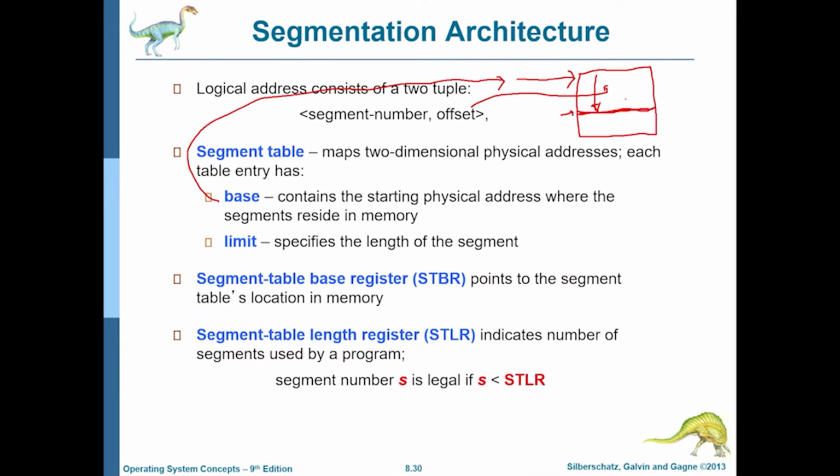So offset is this distance over here, and the segment number can be used to look into a segment table which the operating system maintains, and from that segment table we can find the base for this segment number. So we get the base over here, and from the logical address, the right parts, the least significant parts of the address, given there is a proper division between how many bits go for the segment number and how many bits go for the offset, we can figure out how much into the segment that memory address is. And that is how we can convert a logical address to a physical address.